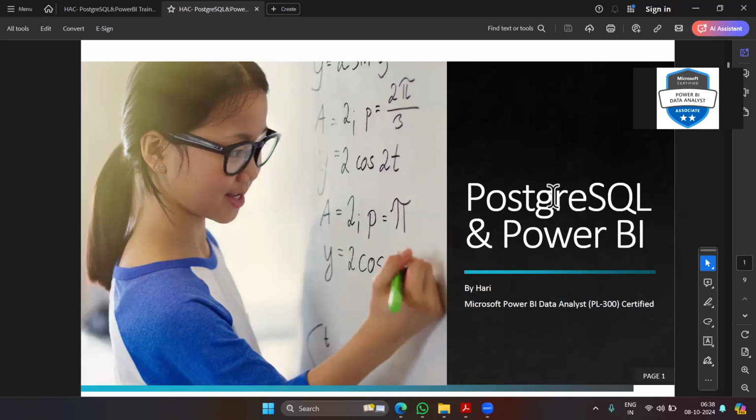From today onwards, we are going to learn the PostgreSQL and Power BI course. This course is designed to target the Microsoft Power BI Data Analyst PL-300 certification. Why certification? I'm going to clearly explain when we go to the next topic. Coming to our topics,